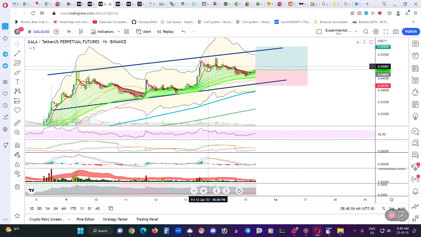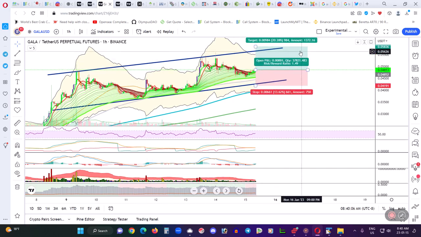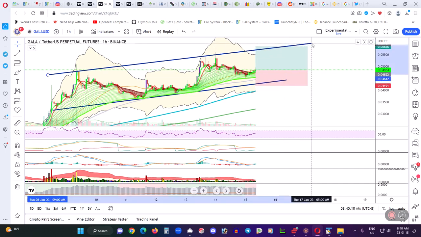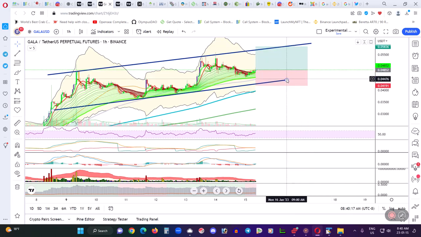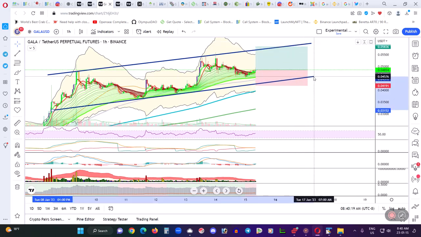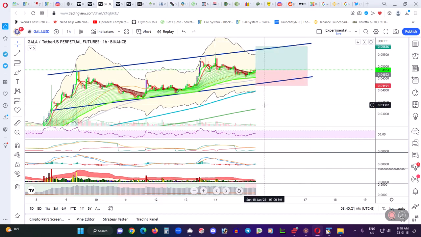So about 4 days from the 13th, if it follows the pattern, it's going to be about the 17th. So that's going to put the price up about here or above, if it follows suit and stays in the trend, which it probably will,